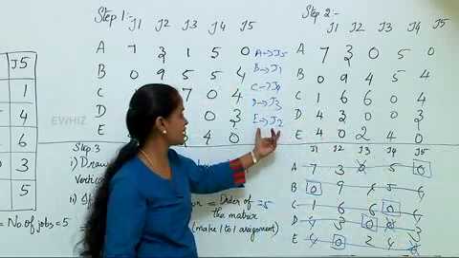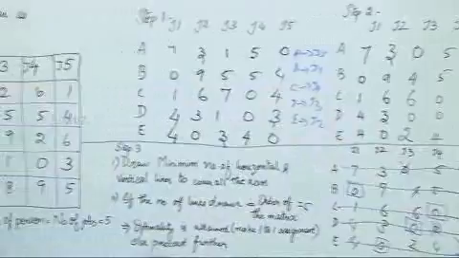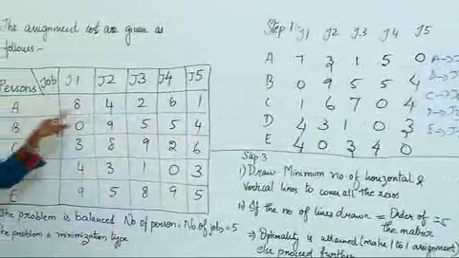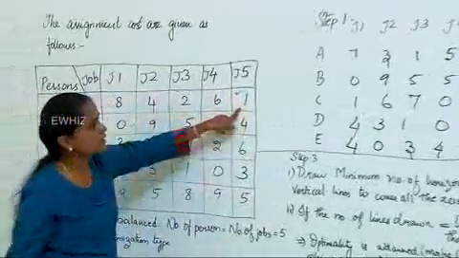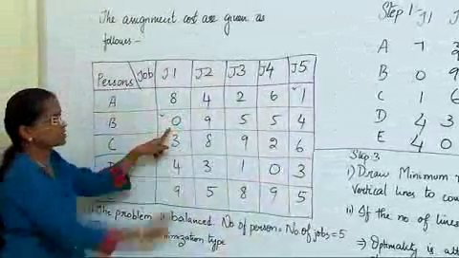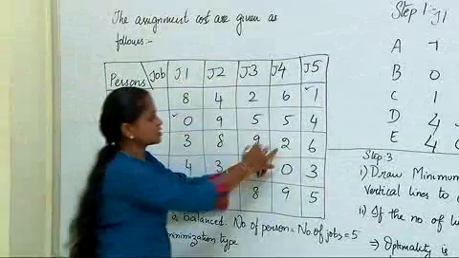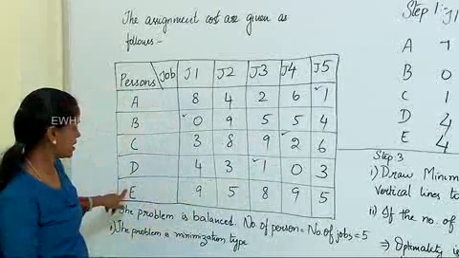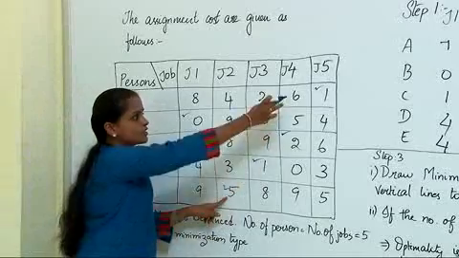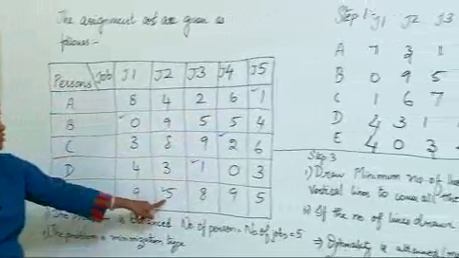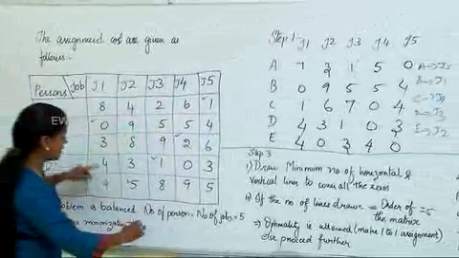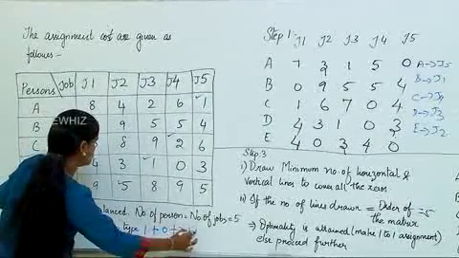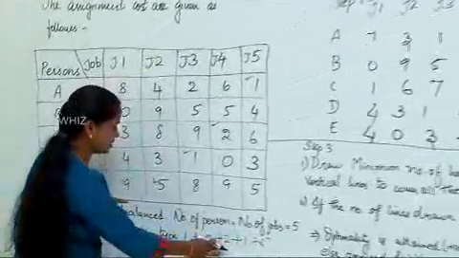So once the schedule is obtained, you just go back to the original table, go back to the problem and look into the assignment. So A to J5, the cost is 1, then B to J1 cost is 0, C to J4 cost is 2, D to J3 cost is 1 and E to J2 cost is 5. So we have to sum up all these costs to get the minimum cost schedule. So when you sum up, what you get? 1 plus 0 plus 2 plus 1 plus 5, 6, 7, 8, 9.